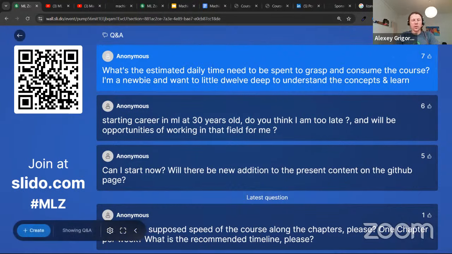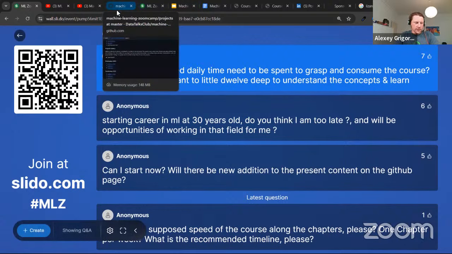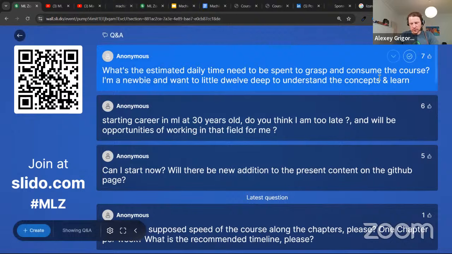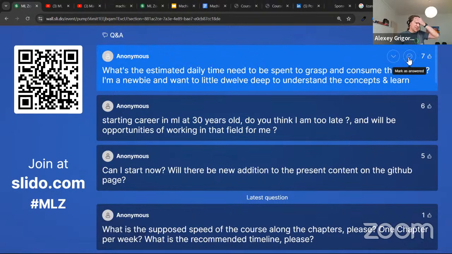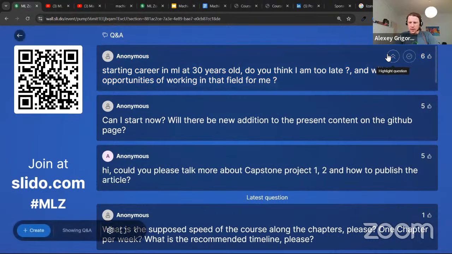Some modules are more complex, more difficult than others. For example, we did some analytics, and we found out that module 4 about evaluation is the most difficult in terms of time people spend on that. So there you will need more time. I think the deep learning module was also one of those difficult ones too.